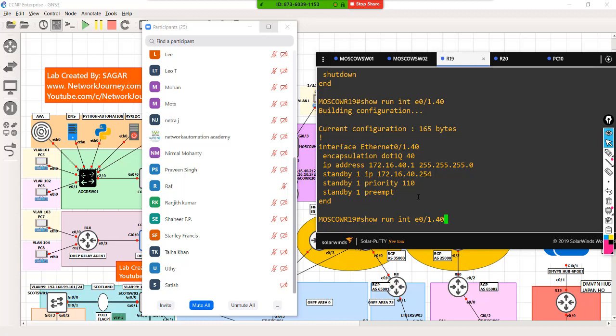So if I have 2 routers, I can make VLAN 1, 2, 3 active on this particular device. In the same way, I can make VLANs 10, 11 and 12, or these HSRP instances, active on the second box. So that's the load sharing concept in HSRP.